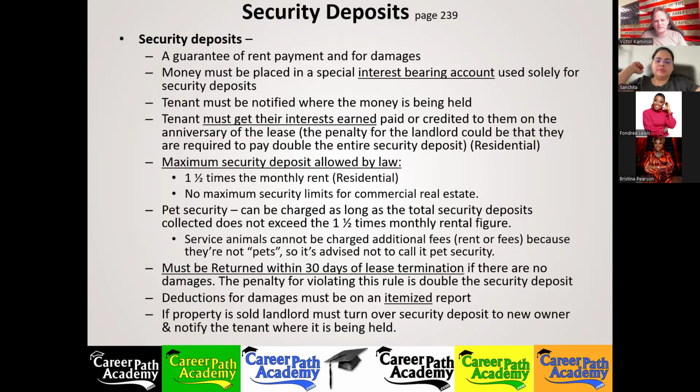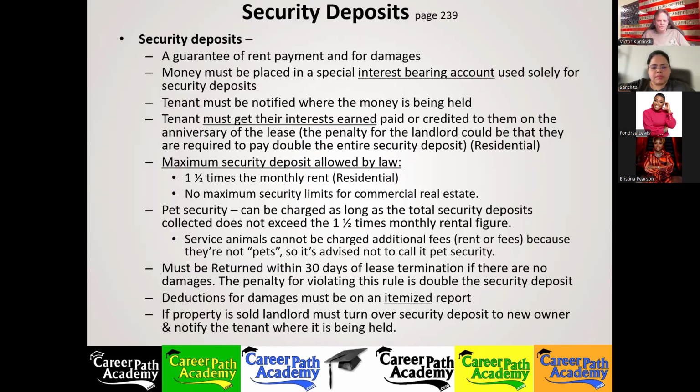Wanting their security deposit back, you'll still have to give it to them. But if they try coming after you for more, you've got the proof that you tried to return it to them, but they left no forwarding address. You could also go to the court and ask if you could keep it. But usually if there's no damages or anything, it's no.